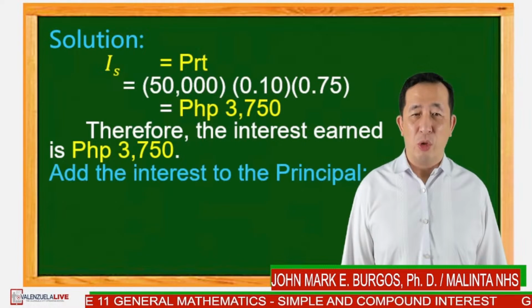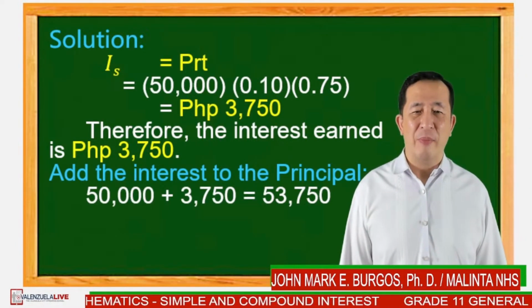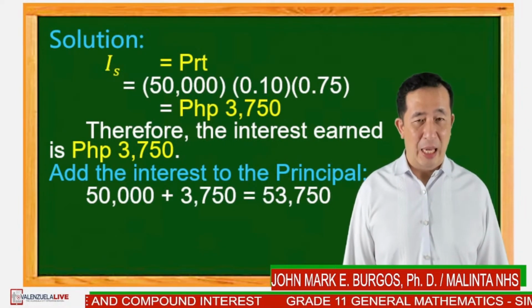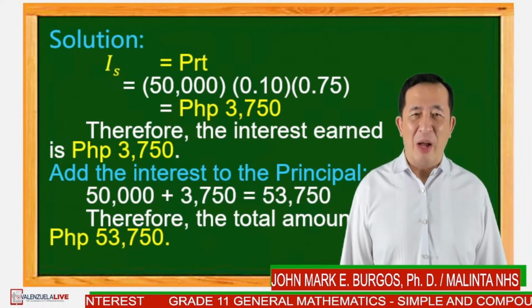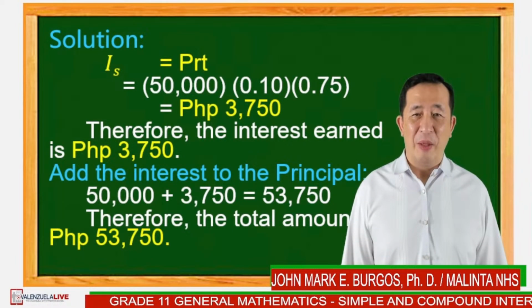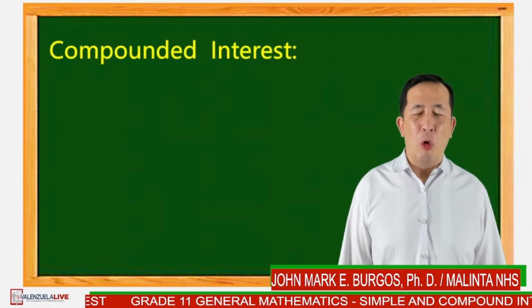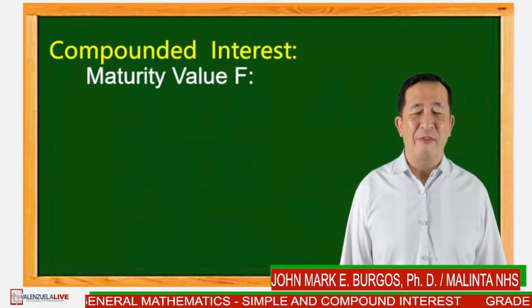Add the interest to the principal, we have 50,000 plus 3,750 is equal to 53,750. Therefore, the total amount is 53,750 pesos. In the compounded interest, to compute the maturity value F, we have the formula F is equal to